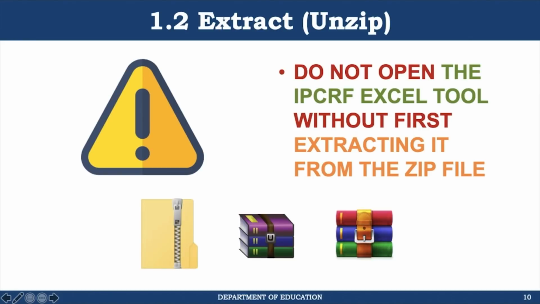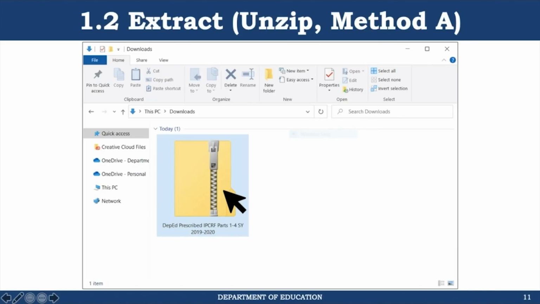In Windows, it is easy to identify a zip file. These 3 icons are examples of how it looks like. The first one is when you do not have a file compression software installed, such as WinRAR or 7-Zip. The default icon in Windows is a folder with a zipper. In some cases, the file may look like the last 2 icons, a stack of books bundled together with a belt. To extract a zip file in Windows, assuming you don't have a file compression software installed, there are generally